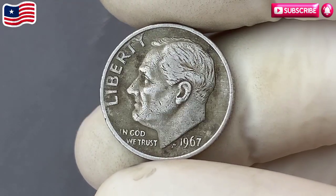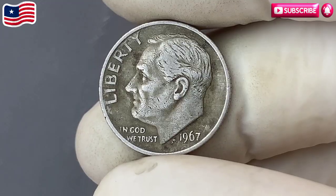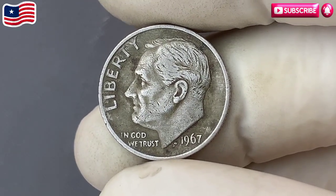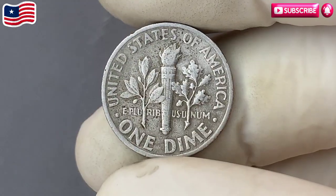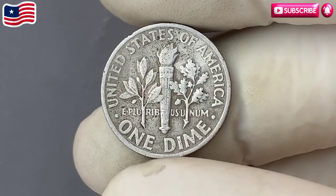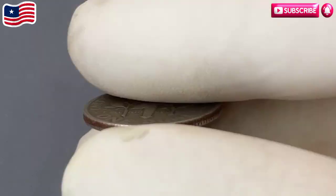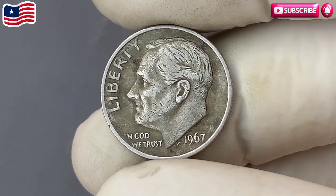Next coin, we're turning our focus to a fascinating piece from mid-20th century American coinage, the 1967 US 1-dime coin. While many dimes from the 1960s might seem common to the casual observer, the 1967 dime carries a unique place in history and holds surprising value that collectors absolutely crave. If you think all dimes are worth just 10 cents, prepare to be amazed by what this particular coin can